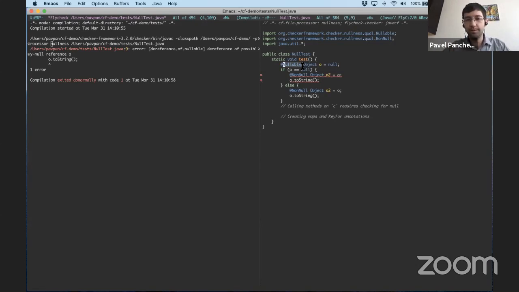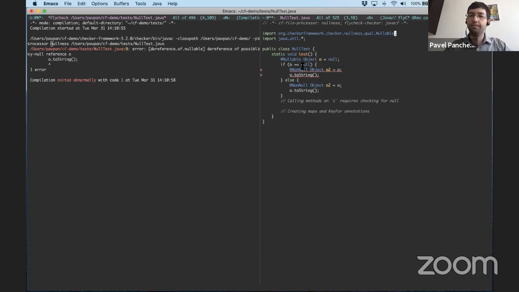But the basic upshot is that the syntax comes from Java, but this Nullable class is defined by the Checker Framework. The Checker Framework actually defines a bunch of different checkers, each of which has multiple qualifiers inside them. So there are dozens of things here. Hope that answers your question, or tell me if it doesn't.